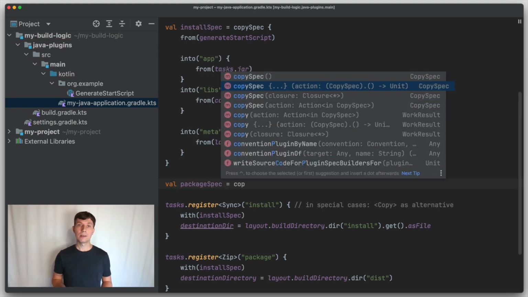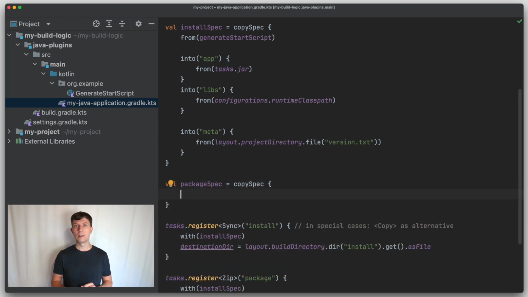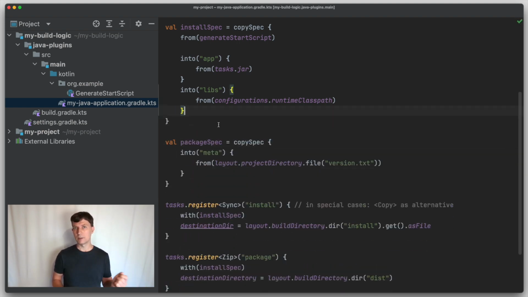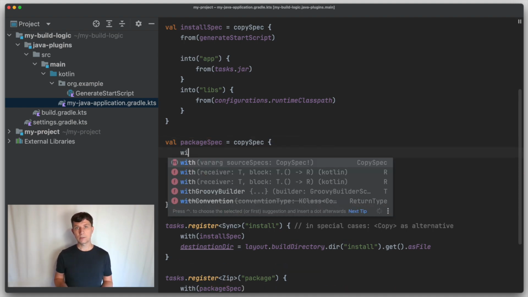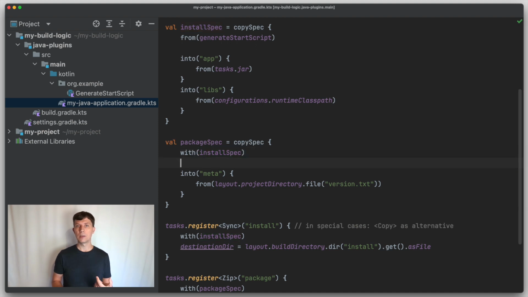For example, let's say that we want to make a distinction between the packaging spec and the install spec because we want to package more files than we need for the installation. Let's say everything in our meter folder is not needed for the installation, but just for the packaging. So we can move this part out of the install spec into the packaging spec and tell that the packaging spec is based on the install spec, which we do again by using the with keyword.